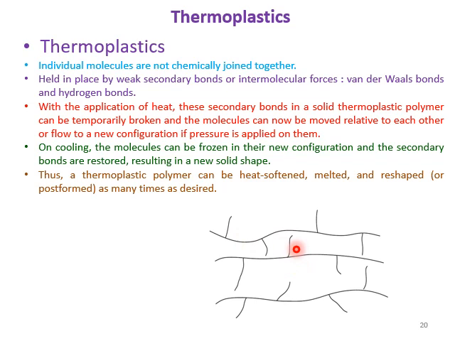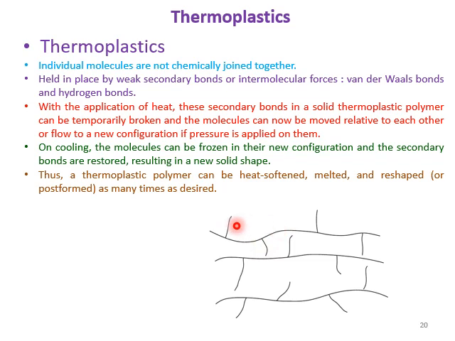Now we have discussed that in thermoset there are polymeric chains, and the molecules in these polymeric chains are held together by means of crosslinks. Now here again you can see this is a polymeric chain, this is another polymeric chain, this is another polymeric chain, but the molecules in these polymeric chains are not linked by crosslinks. You can see there is a certain gap, right? They are held together by mere force of attraction, like van der Waals force of attraction or weak hydrogen bonds, right? So when you apply heat and pressure to such molecular chains which are not linked by crosslinks, what happens is that these polymeric chains can move relative to each other.